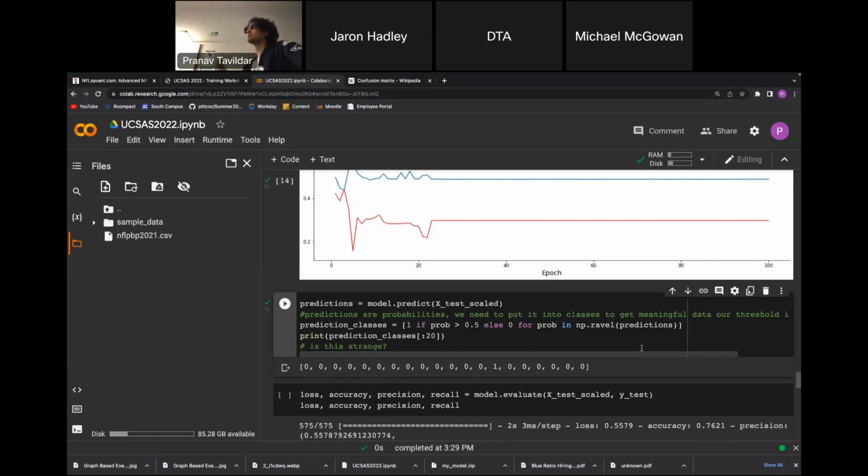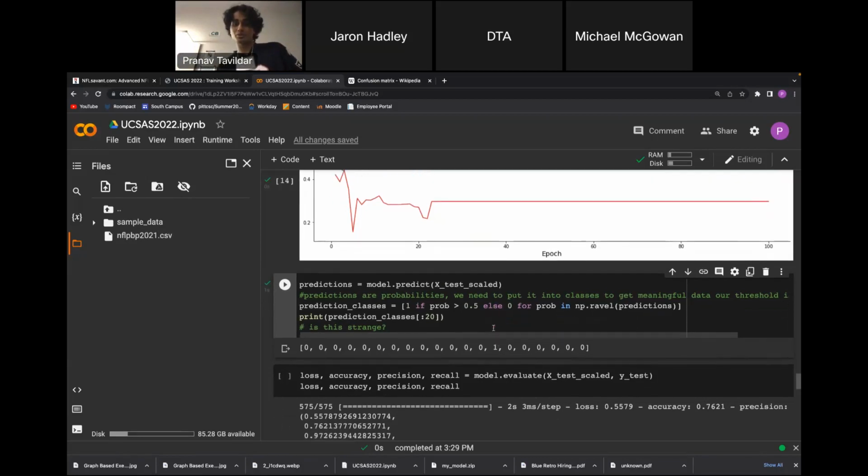Yes. And that might seem strange at the beginning, because why are so many of them here? Is something going wrong with the model? But also consider one thing: how frequent is someone getting a first down on any play? This rule requires some football knowledge, but it's not super easy to do. It takes a few downs, it takes some tries. So that's why it shows up like this. That's why it's important to have some domain knowledge whenever you're doing a data science problem. But yeah, this is what our data looks like.